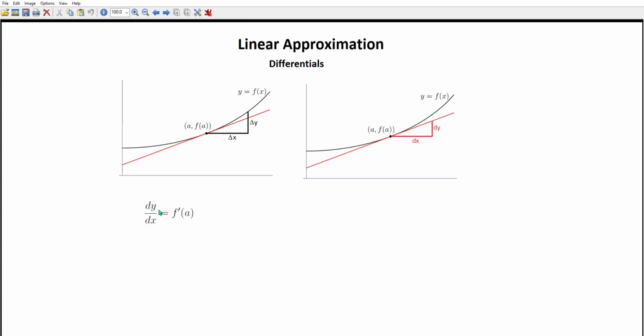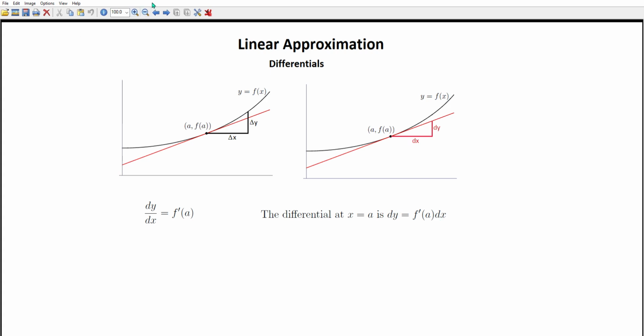So dy divided by dx is f prime of a, and what we're going to do is define this thing called the differential at x equals a, and we're just going to multiply through by dx. So we have dy is f prime of a dx,